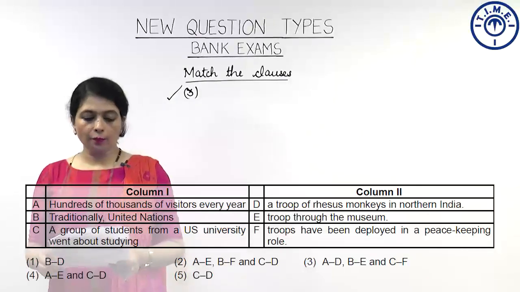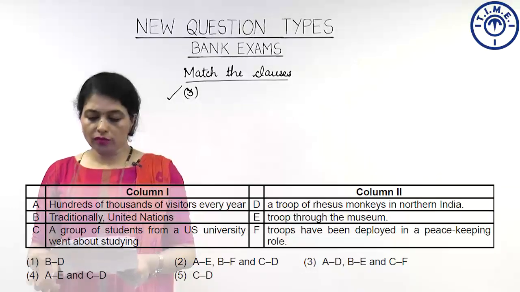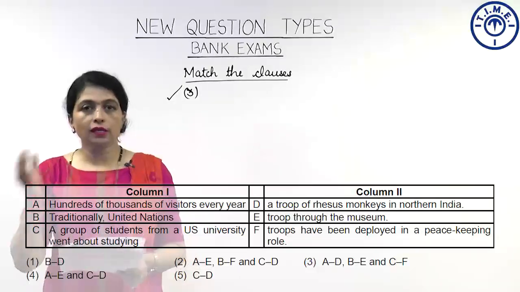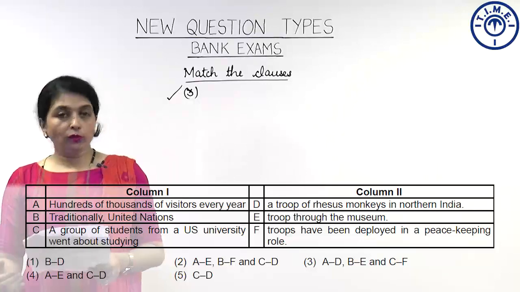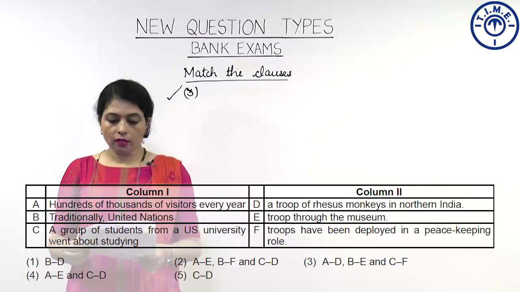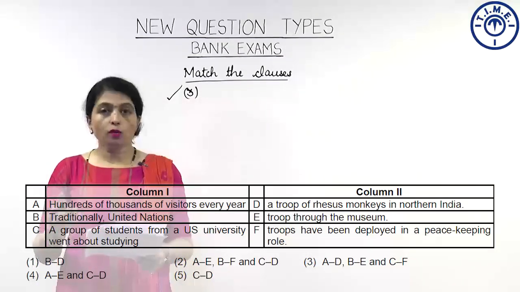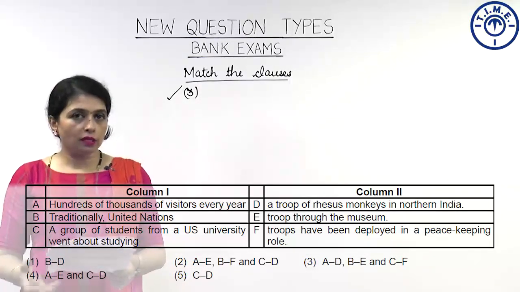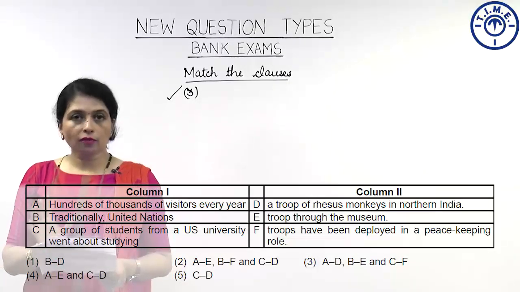We will start with A, hundreds of thousands of visitors every year. A troop of rhesus monkeys in northern India. Now, there is no grammatical connectivity and consistency. So, we cannot work with A and D. We move down to E. Hundreds of thousands of visitors every year troop through the museum. It's correct because we're talking about what visitors do. So, after visitors every year, we needed a verb which E gives us, and therefore, A and E form a